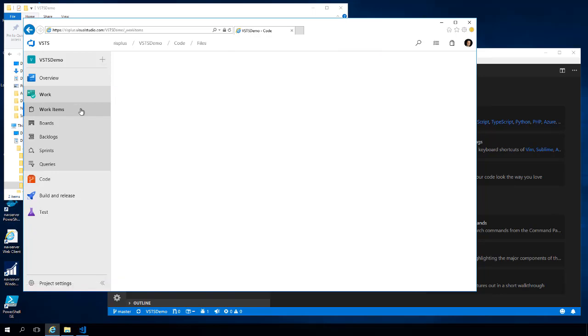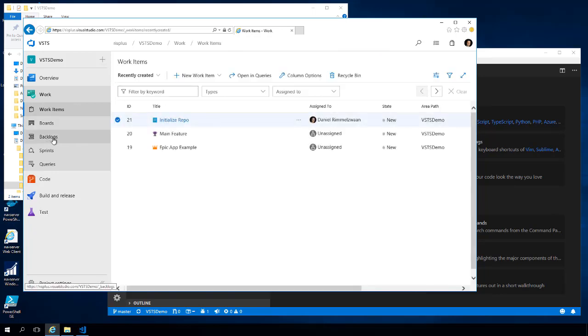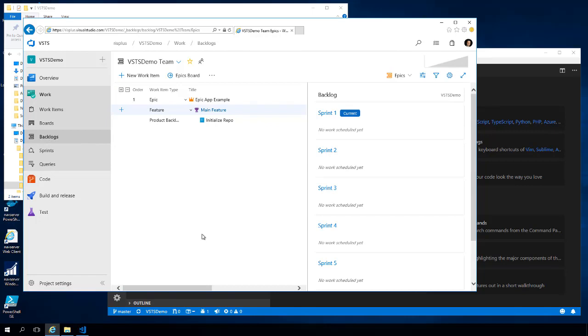And inside the works, I have something called a backlog. This project was created using the Scrum template, and in Scrum terminology, you have something called an epic, and then you have something called a feature, and underneath features, you have things called product backlog items. And so I have an epic app example, I have a main feature, and I have a product backlog called